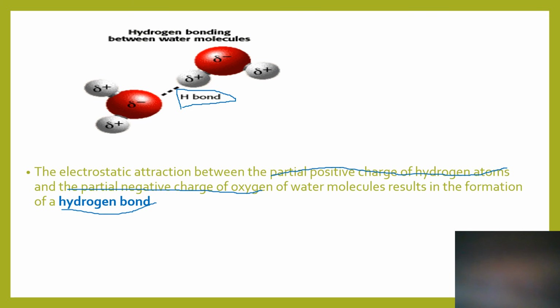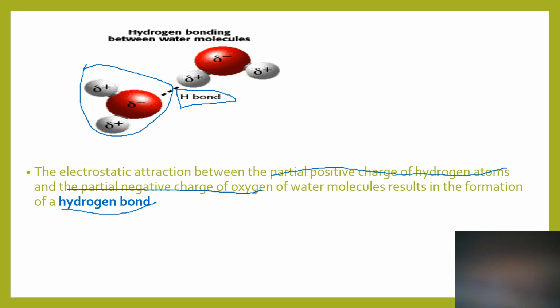To make it clear, there are two water molecules here, each of which is made up of one oxygen atom and two hydrogen atoms. The oxygen is partially negative or slightly negative, whereas the hydrogen atoms are slightly positive in